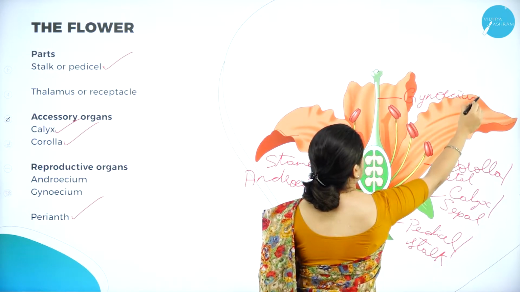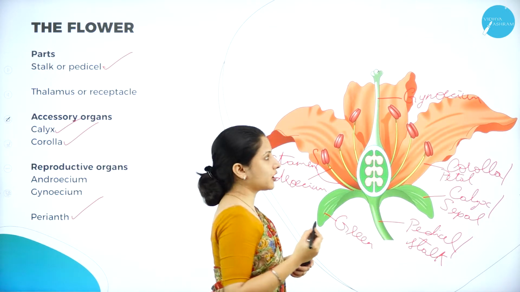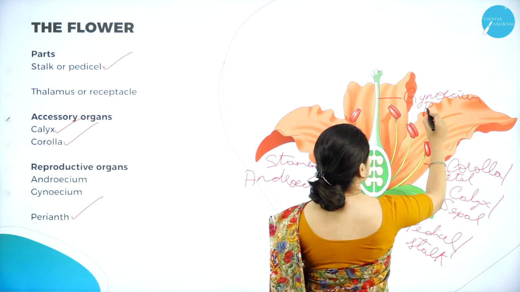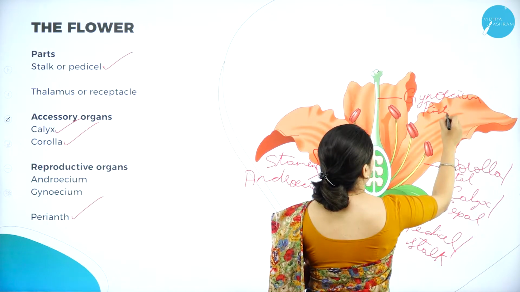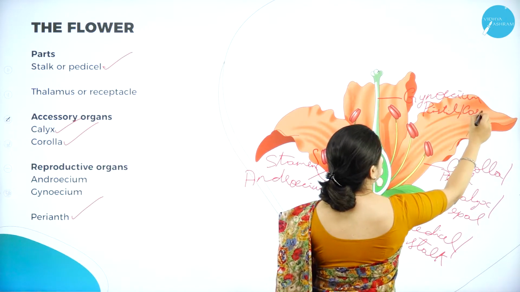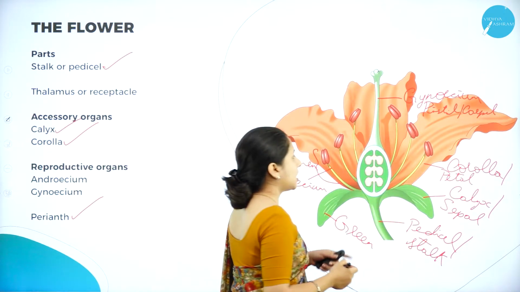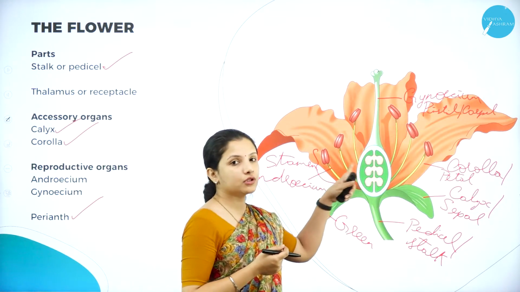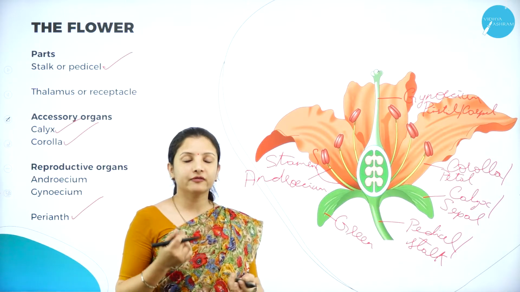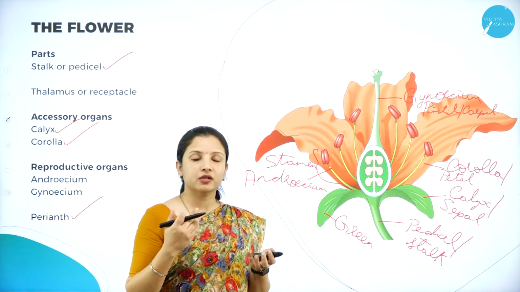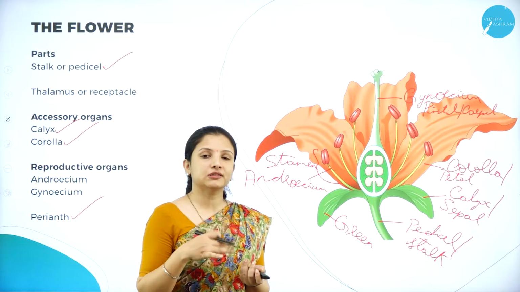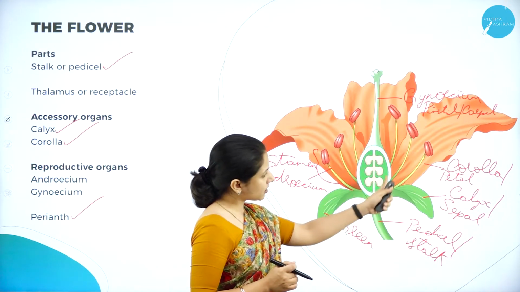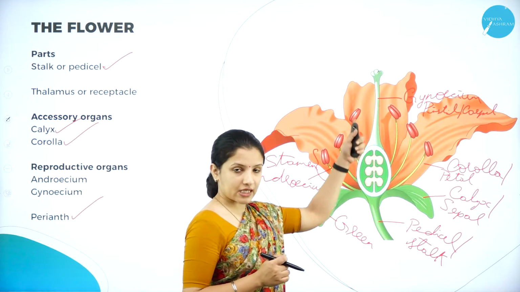So gynoecium is actually the female reproductive part of the flower, and it is also called the pistil, or the carpel. Pistil or carpel. So it is the female reproductive part of the flower in which the ovule is present. Just like how in females we have the ovary wherein the ovules, which is nothing but the egg, will be present. Just like that in the flower also, in the female reproductive part, which is called the gynoecium,